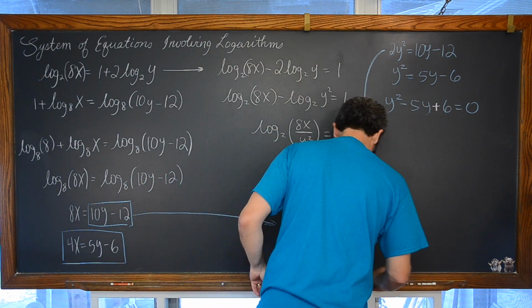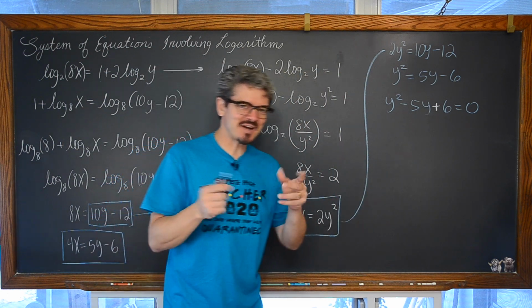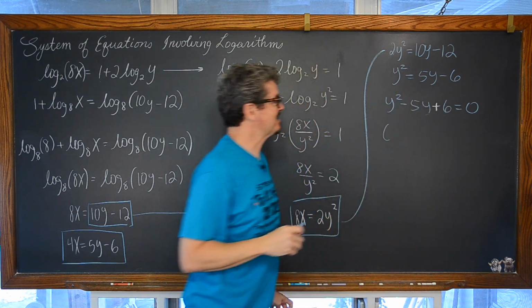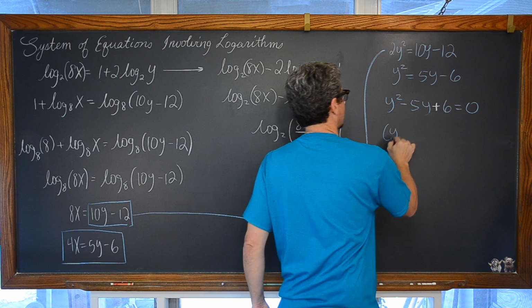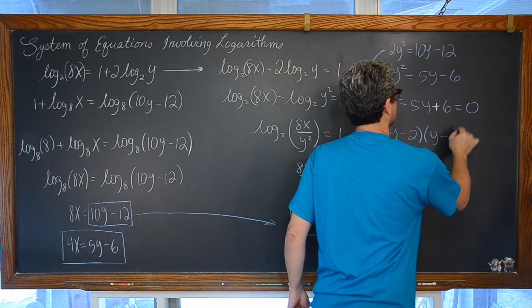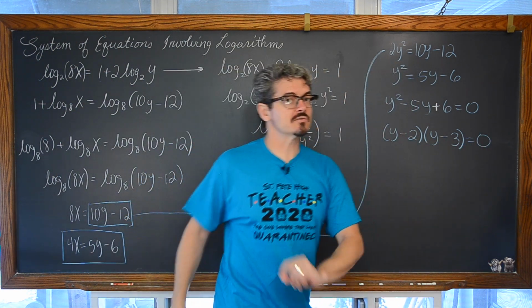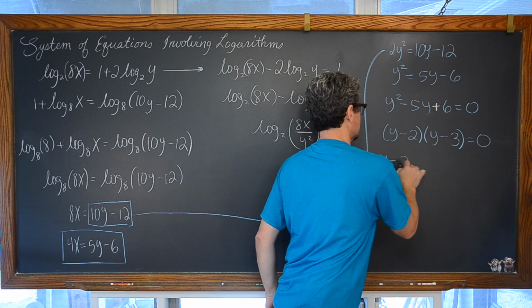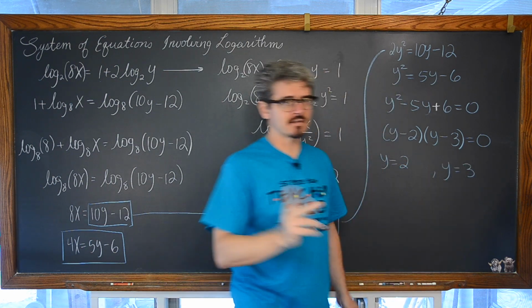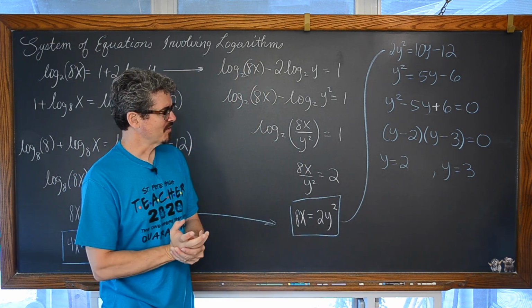Okay, now we are going to, again, factor this quadratic without a copy error, and we have factors of positive 6 that add to 5. We're looking at y minus 2 times y minus 3 is equal to 0. We're going to set each of these factors equal to 0, and we have y is equal to 2 and y is equal to 3. I was pausing because I made this example ahead of time, and I knew that there were 2 points that were going to work.